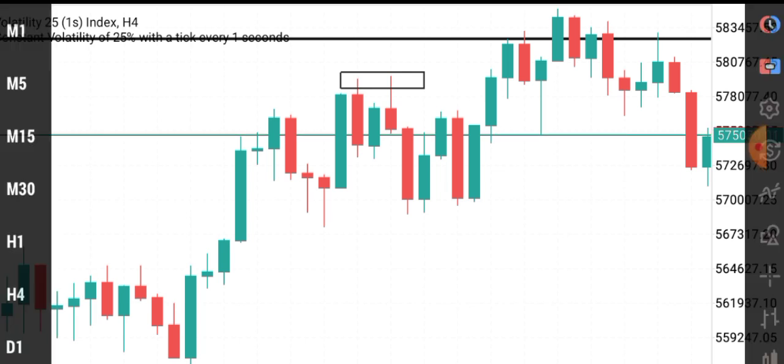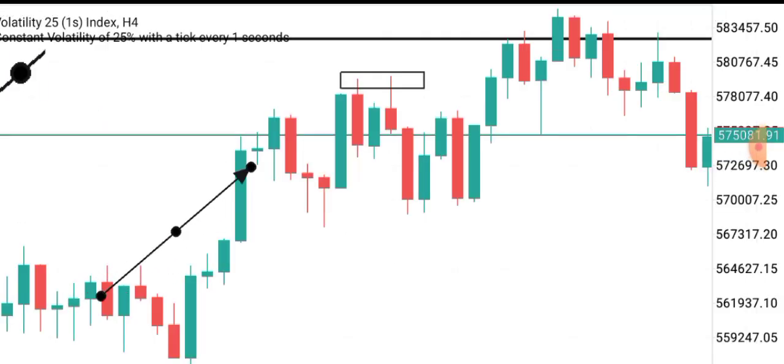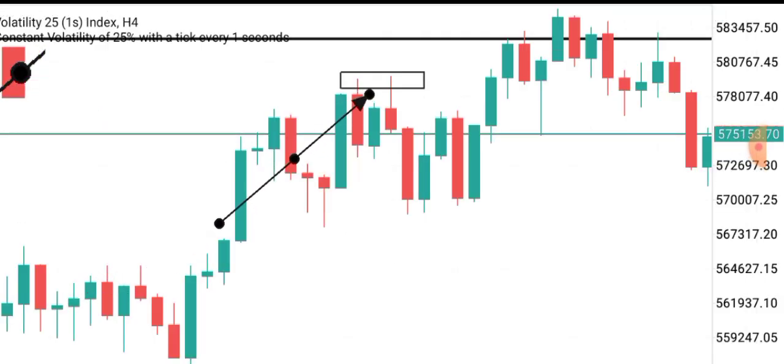I noticed the sweep there, and there's this structure right here that gave me an idea the market's actually going to sell. I saw this, actually there was a sweep, like you can see the market created a higher high with the wick at this point, then it sold. Then before this sells,